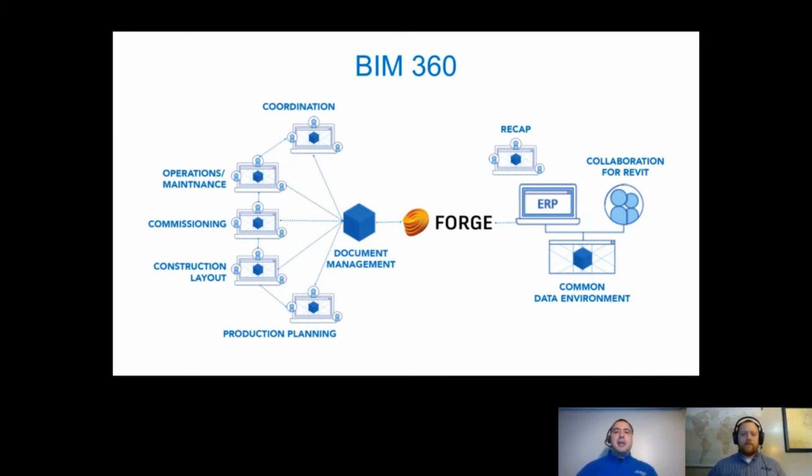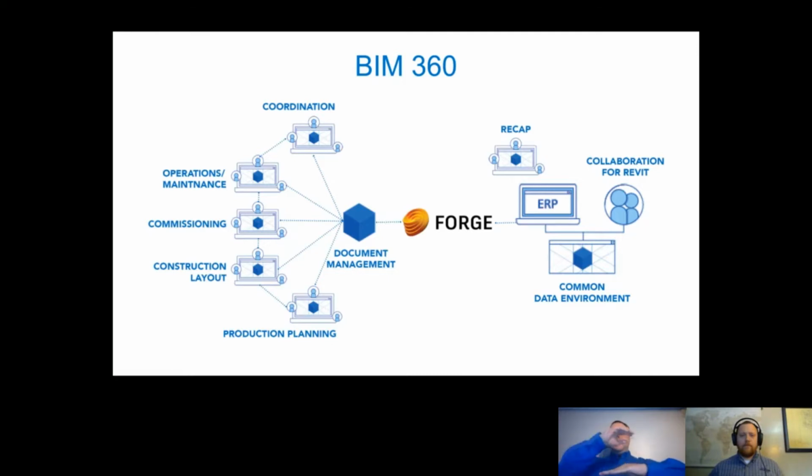So starting with this slide here, this is just kind of a general overview, right? As you can see, you've got this cube in the middle. This cube is your single source of truth. It is your common data environment. It's where everything lives, and everything that you want to do accesses this information and saves everything back into this one container, if you will. Then this container sits on something that's called Forge. Forge is a remarkable set of APIs that Autodesk has opened up that allows us to push and pull data and do remarkable things. So at its core, at the base level, you have Forge, a series of APIs,